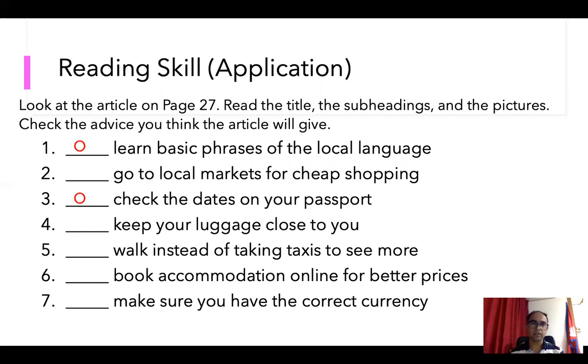Next, the reading suggests take the dates on your passport, check your paperwork. That's the first heading, check your paperwork. And next would be keep your luggage close to you. That means pay attention to your belongings, okay? These are the main 3 points, but actually all of these are okay. All of these are good suggestions for a safe travel.